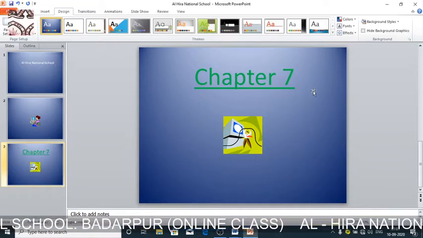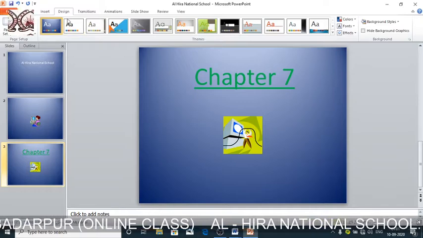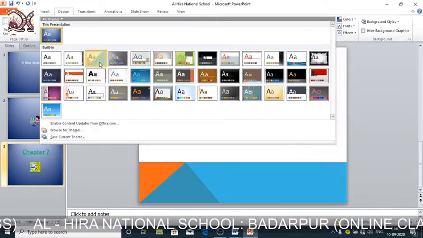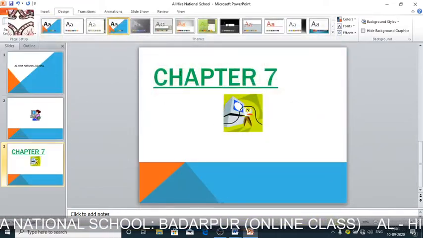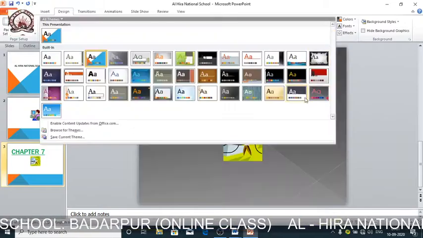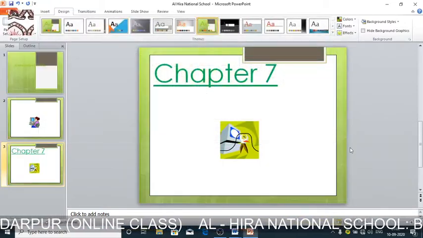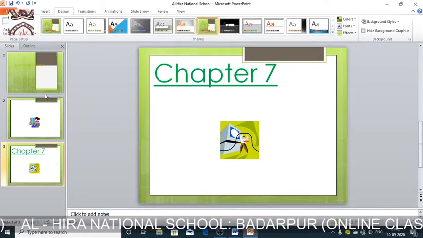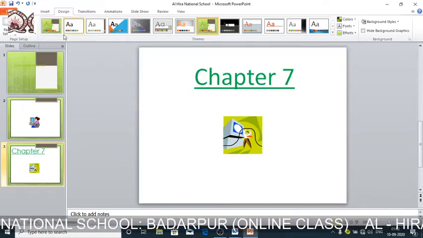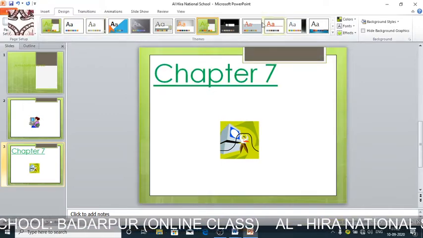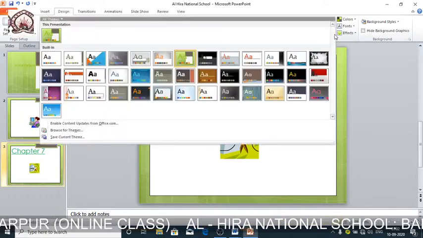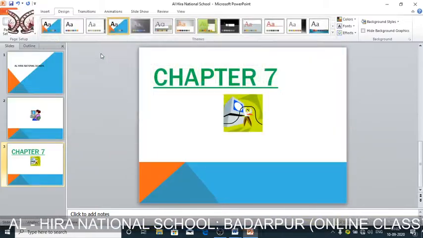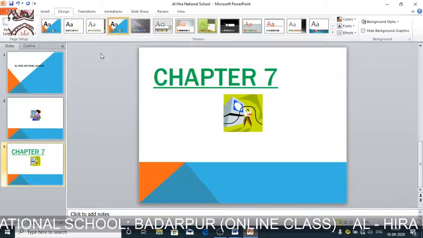We can also use the slide design. You can see in the design we can choose any type of design you want. Suppose if I take this design, all slides will be of this particular design which I've selected. So how can I change the design? First I will click on slide design, and then you can see the task pane of different designs has come, and then we can choose any design of our choice, and all the slides will be of that design.